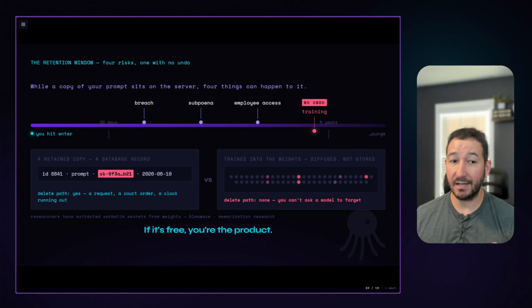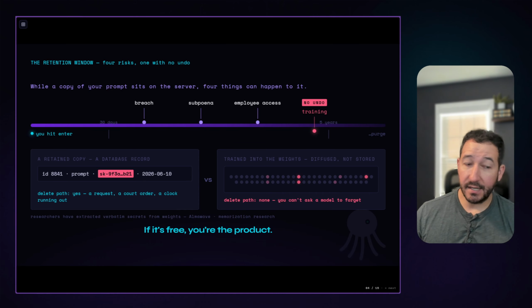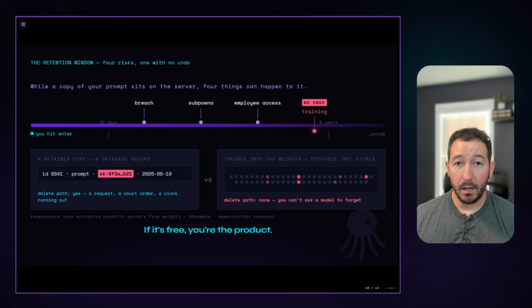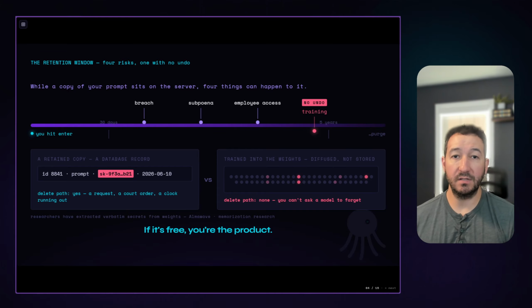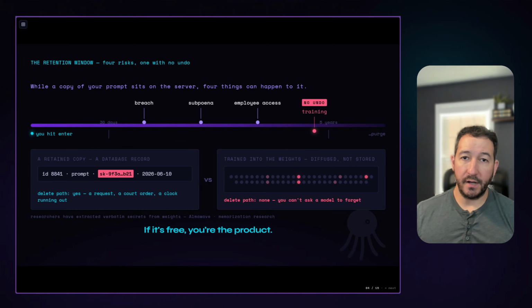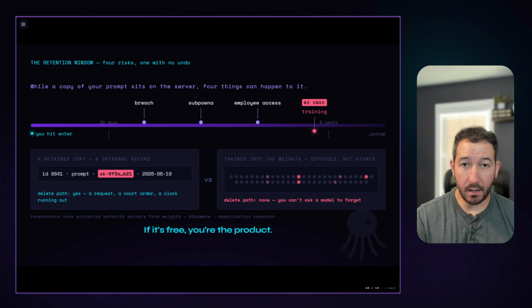So when you are putting stuff like, as it says here, an API key that is potentially trained on, the model could memorize that API key and then it gets built into that model. And there are various research groups that have found that you can then later extract that very specific information from the model.